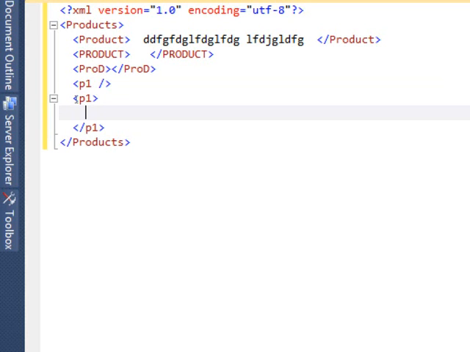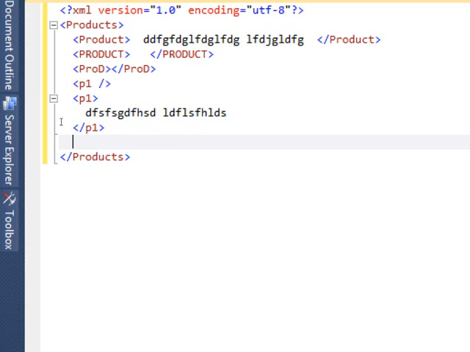Now the question is, why do you have to use it if it doesn't contain anything? Here I can write some data in this place. So P1 contains some data, whereas here P1 does not contain anything. So you may say, then why do you write a tag when it is not representing any data? Later I will show you how we can put an attribute for the tags. So usually the empty tags are used to hold only the attribute.